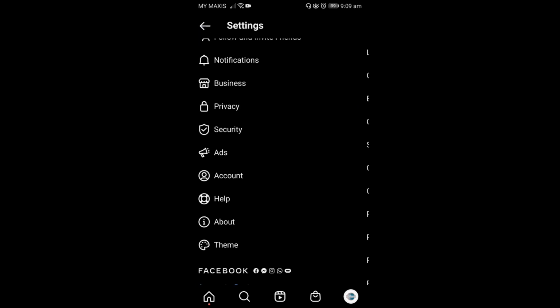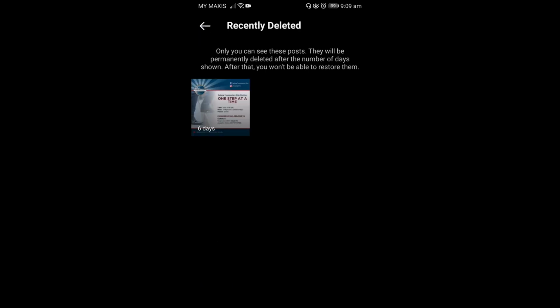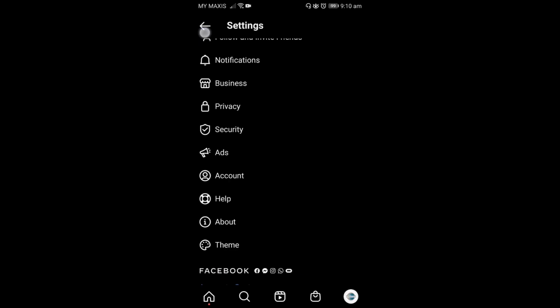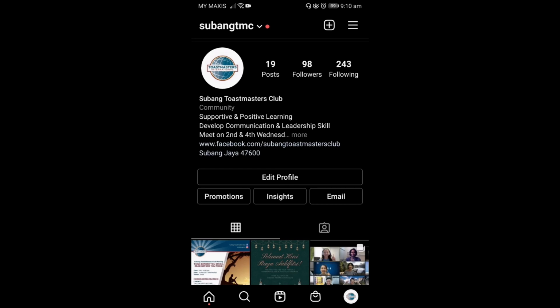One thing to take note of when you want to restore your deleted post is to make sure that you have access to your email address as well, because sometimes they will ask you for verification, and that is what happened in a case I had previously. They ask for a verification code, so you need to have it ready in order to be able to restore or to delete the post. So just make sure that you have all the information ready when verification is needed. That is how you can restore archived and deleted posts in your Instagram account.